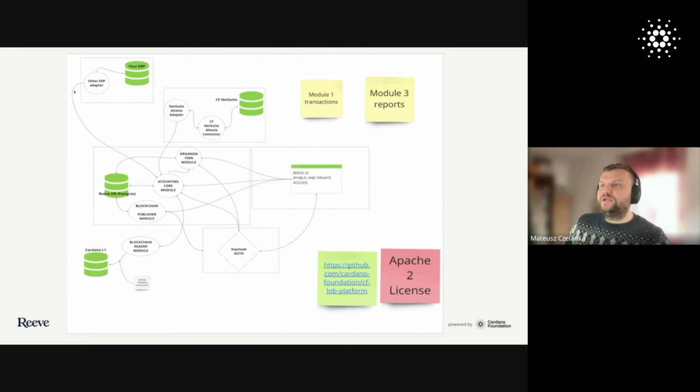So because the system is designed to be extendable, you can connect to your own ERP system, but you need to write your own adapter and connector. The adapter is a little bit harder. The connector is very trivial. It's just some small data manipulation and adjustments that might need to be done, mainly because of the fact that